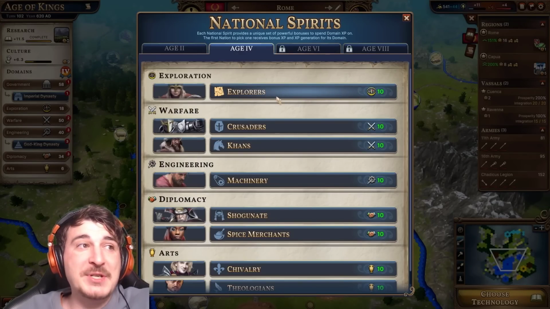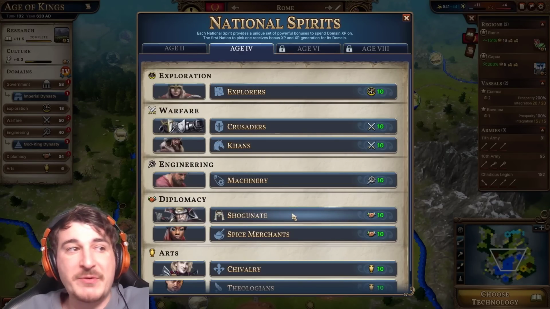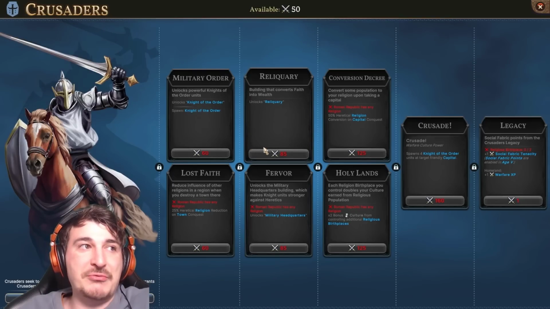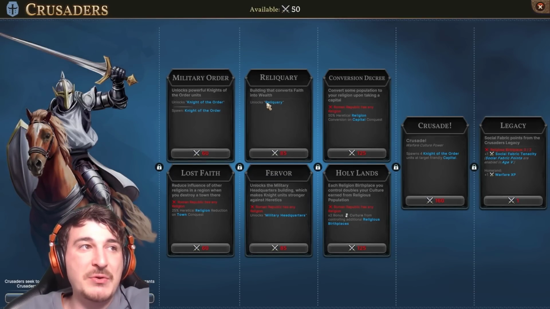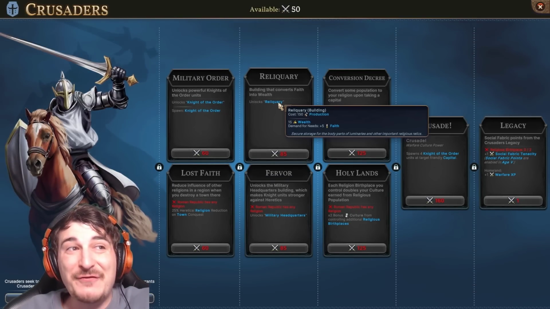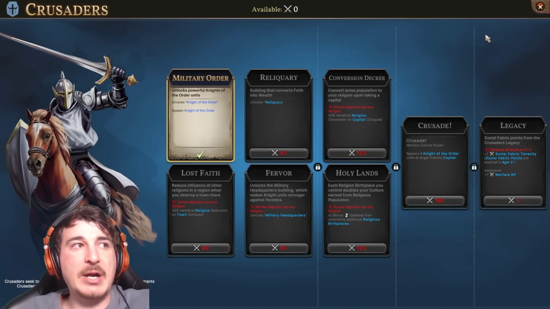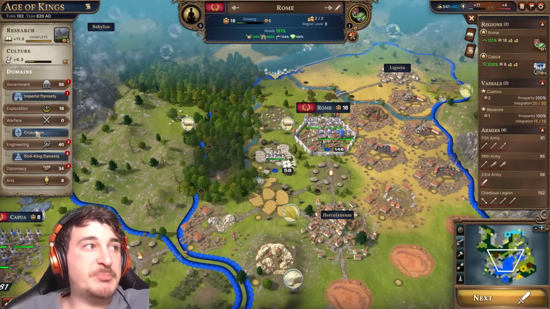We have a few options: explorers, crusaders, khans, machinery, shogunate, spice merchants, chivalry, theologian. I think I'm gonna go for the crusaders. Unlocks the Knights of the Order, reliquary, which offers 15 wealth. There you go. We can use some of our military to unlock a military order, and we can spawn the